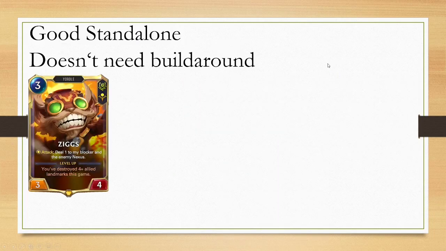Ziggs is a very good standalone champion that really doesn't need a build around. You generally should just take Ziggs as a 3-mana 3/4 that deals damage and not try to flip him. Just building him in a good Bandit City deck or just other strategies is usually better than going for this